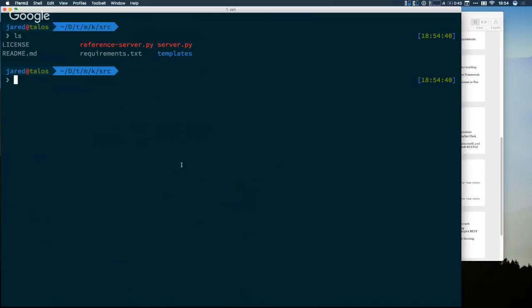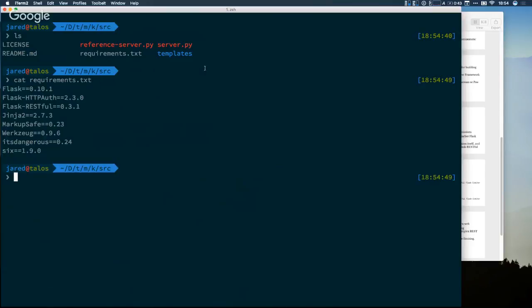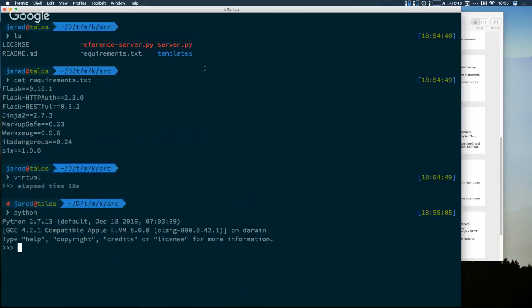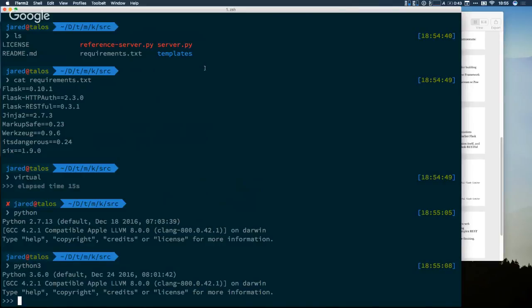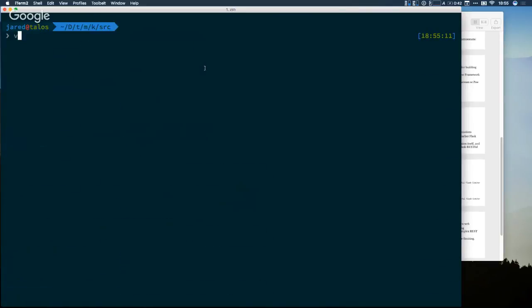Okay, so we have our project folder right here. Of course, we have a README and all those things. And we have a requirements document, which in Python tells us the things we need to install to run our application. So I'm going to make a virtual environment that's going to contain all the dependencies we need to build this API. I have Python on my system already. If I just type python, I have 2.7.13, or python3, I have 3.6. So if I make a virtual environment,